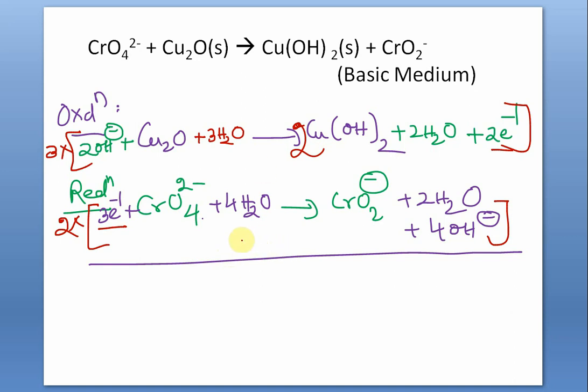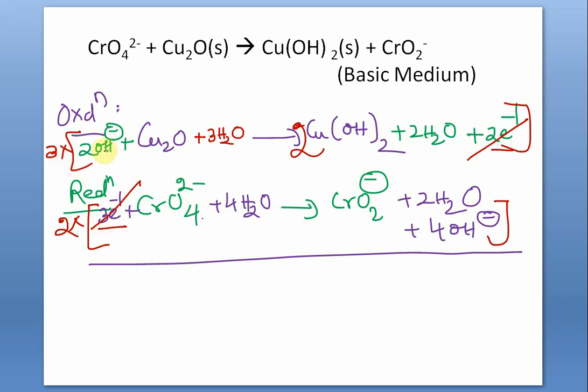This algebra, you must have x appearing in both the sides, y appearing in both the sides, and then bringing them to one side. That is not your class 11 program. It is a class 8 or 7 program. So you have to be very meticulous, attentive. So 6 electrons get cancelled. Then you add up. Let us add up everything. All water, OH minus, all water. Let us take one more step, but not commit any mistake.